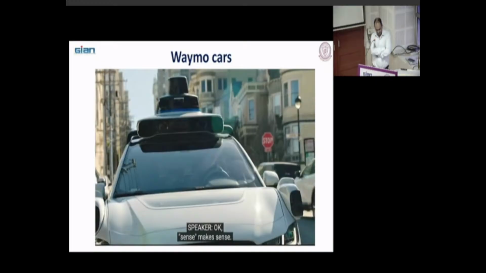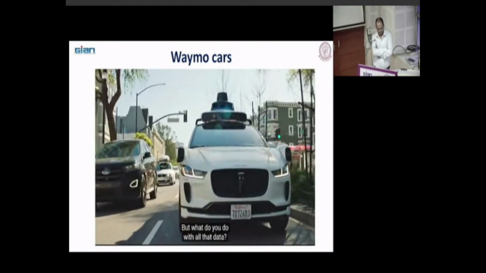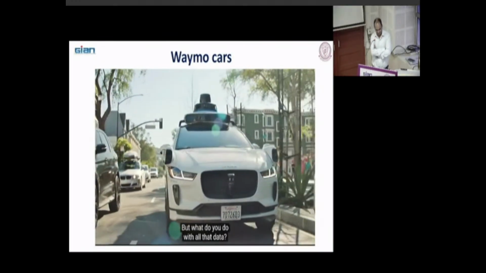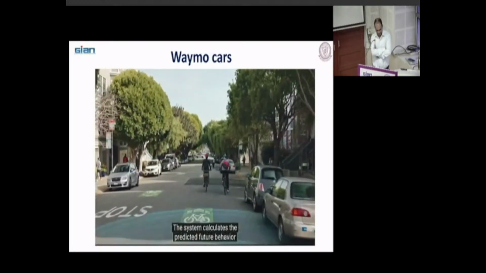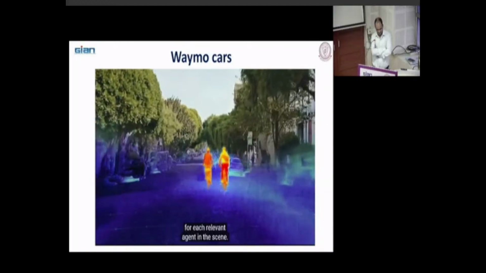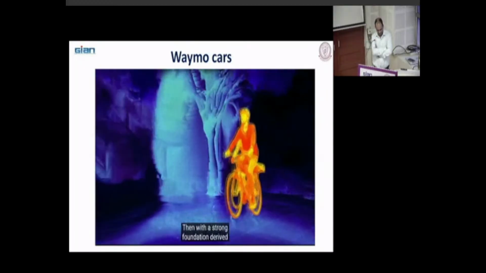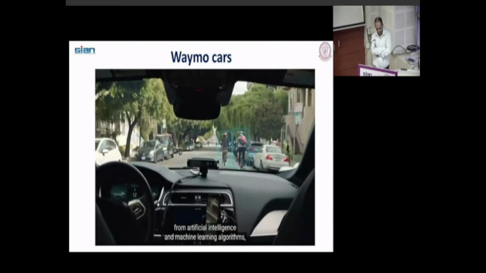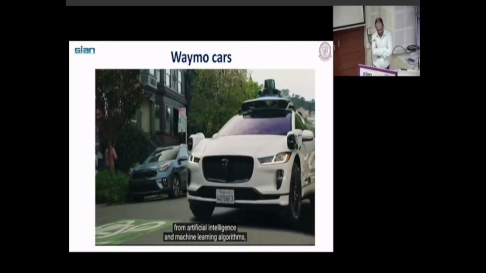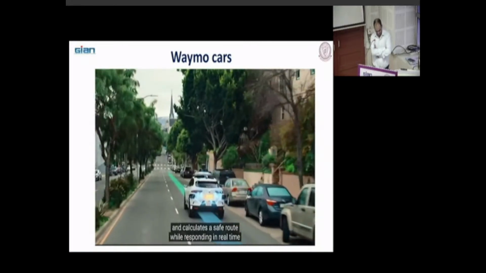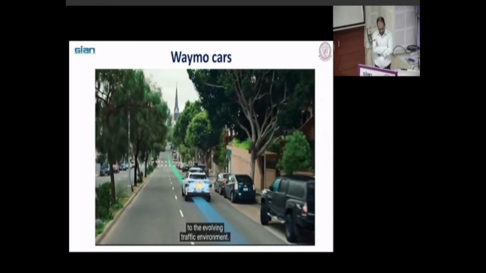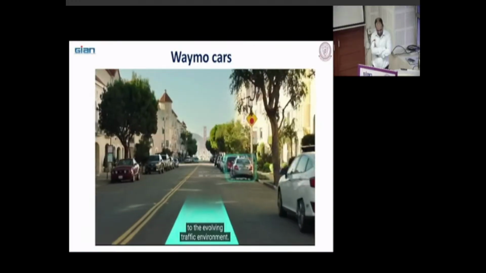Okay, that makes sense. But what do you do with all that data? Good question. The system calculates the predicted future behavior for each relevant agent in the scene. Then, with a strong foundation derived from artificial intelligence and machine learning algorithms, the Waymo driver crunches all that data and calculates a safe route, while responding in real time to the evolving traffic environment.